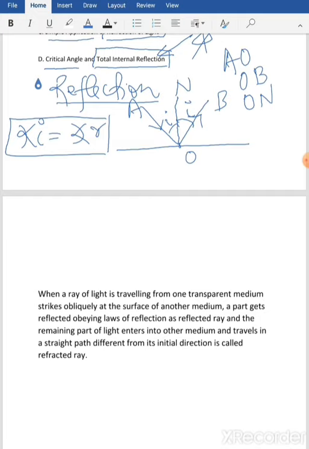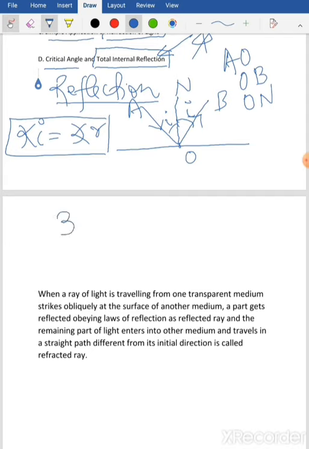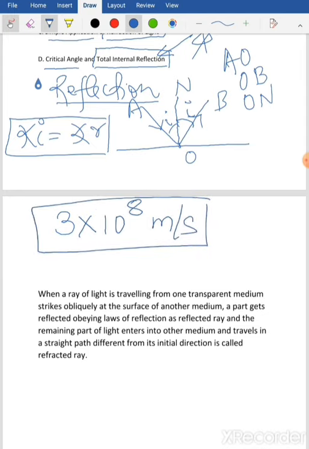This we have learned in our part 1 book in class 9. So now what is the speed of light? Speed of light is 3 into 10 to the power 8 meter per second. This is the speed of light in vacuum as well as in air. But in water the speed of light is 2.25 into 10 to the power 8 meter per second,